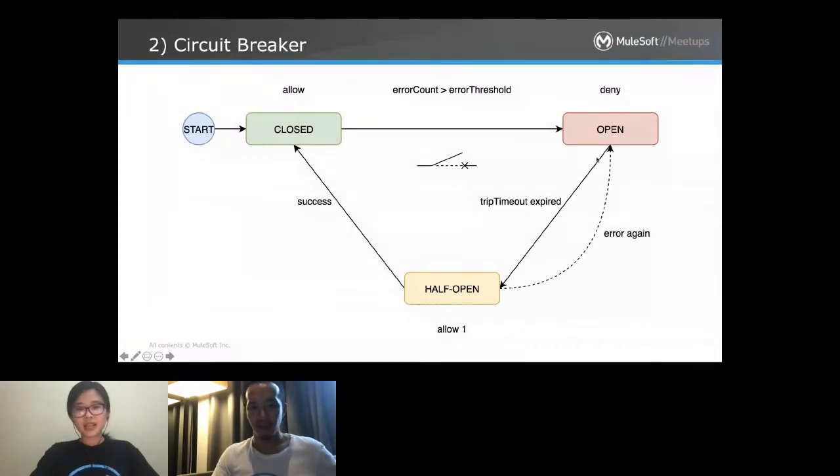Well, it's not going to stay in that open state forever. So how else are we going to continue receiving messages? We are also going to set a trip timeout value, so that every time it resets, the circuit breaker proceeds to the partial open state, where it would allow one message to come through. If the receiver is already back up, then it would go back to the closed status. But if it's still inaccessible, then we go back to the open state until this trip timeout is executed again.